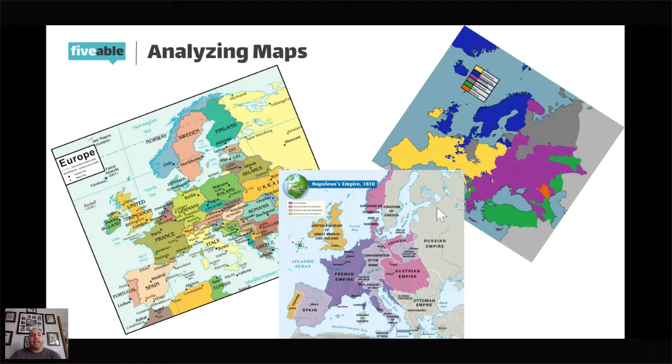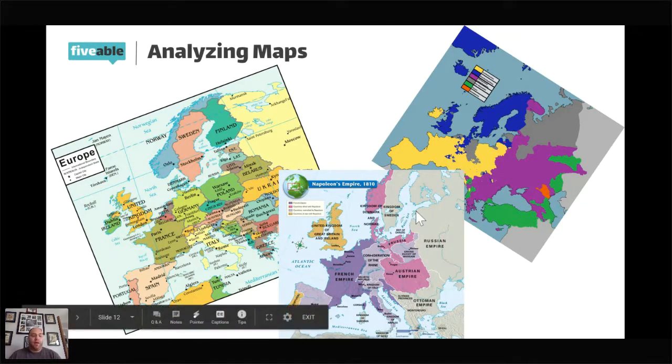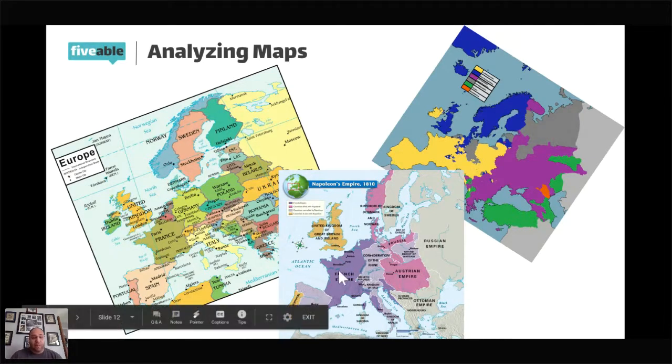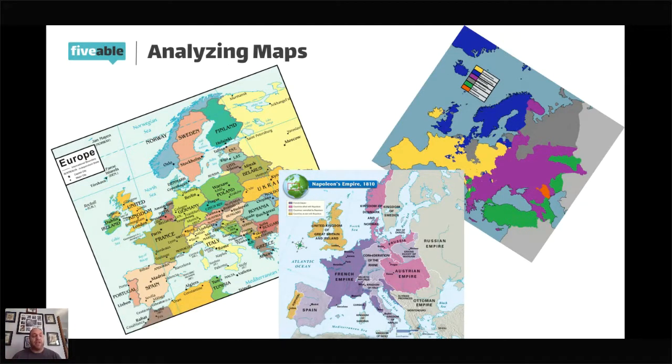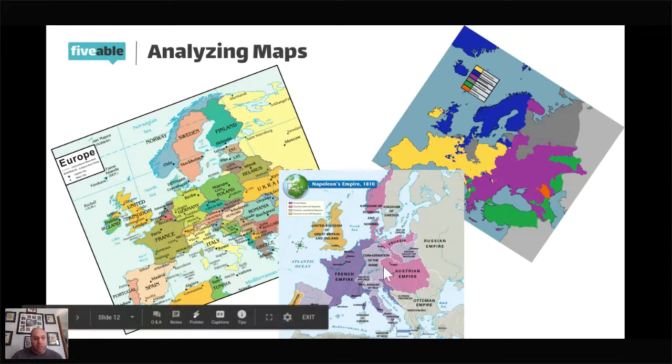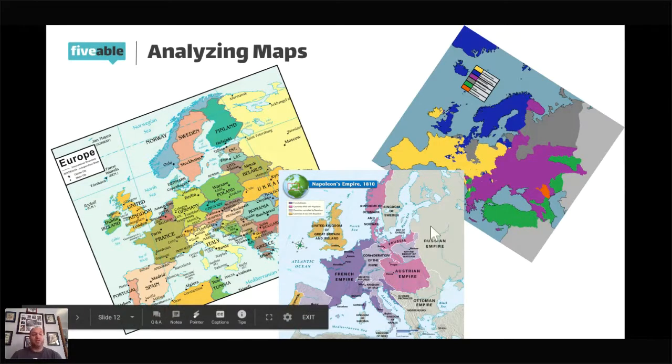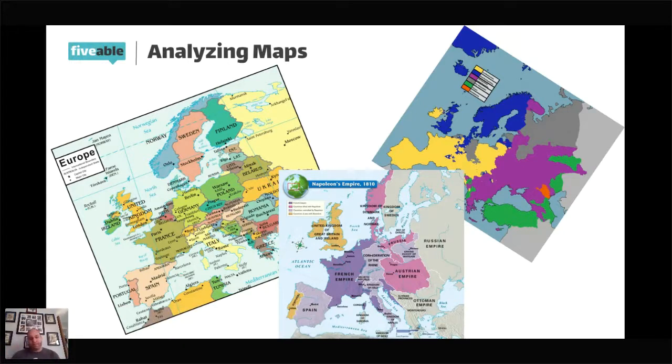And then a third map that we see here is a map of what you can look at as empire building, or in this case, I've got Napoleon's empire. It also shows you influence. Okay, the French Empire is only these dark purple places, but his influence goes beyond that. It goes into the light purple where he's got puppet people in place, and it goes into the pink where these people are too afraid to go against him because they don't have the power to go against him. So this type of map really shows you the spread of power. And it shows you how much influence can spread from one country outwards.